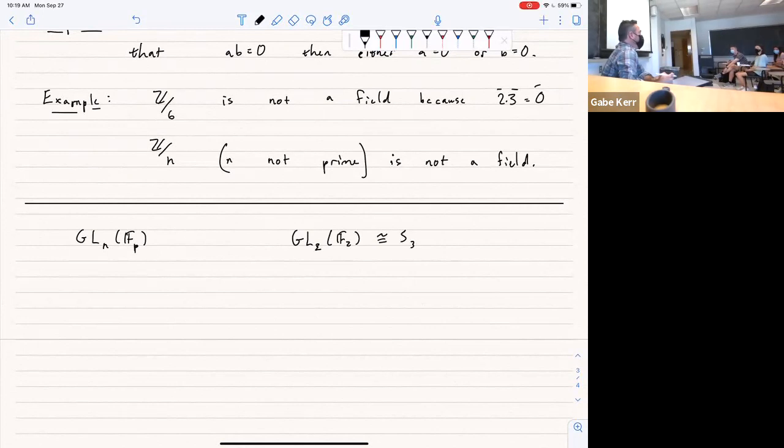So you can start exploring a whole new class of groups once you start looking at these finite fields. All of the things you did before with real numbers and complex numbers, you can now do over a finite field, or what's called positive characteristic. And we'll talk about positive characteristic a little next time. I think I'm about out of time, but yeah. So next time we'll continue talking about vector spaces and